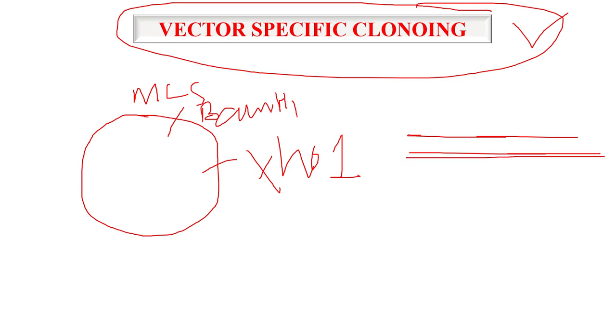First, you will do a primary PCR. So the first primer is from the UTR region. I have already done these things.